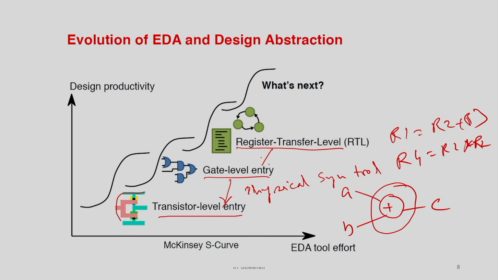So, that is how this abstraction goes to the register transfer level, and again I have a synthesis tool, an EDA tool, which is called a logic synthesis tool. That particular tool actually converts this register transfer level to gate level automatically, right. So, in the EDA industry, in the electronics industry, people try to design circuits in RTL. That is the entry point of the circuit, because this is the highest level of abstraction. You are not considering the whole gate level thing.